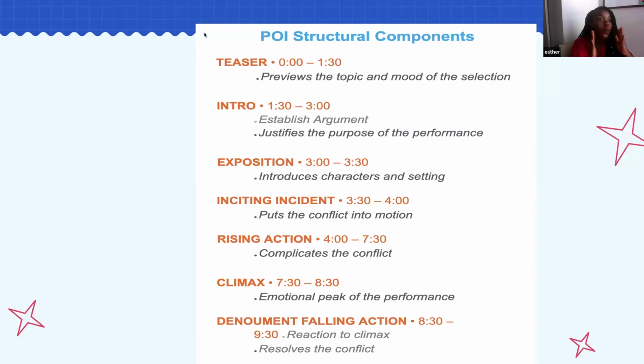This is where we just find out what the conflict is in your piece. What is the problem in your piece? This is where we should find out. And then your rising action typically takes the longest. This is the longest part of your piece because a notion I've, like, one of my favorite coaches always used